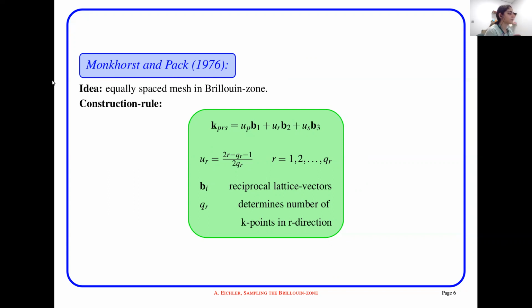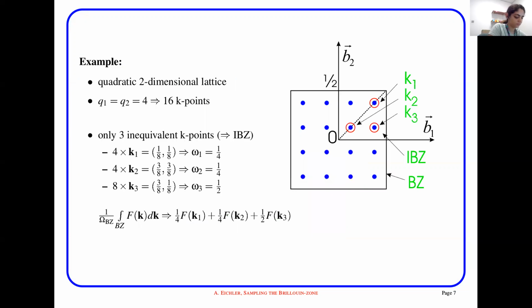for your system. Okay, and this will save your life because you will not need to take your crystalline structure, from there generate the Brillouin zone, and from the Brillouin zone say, okay, now that I have the Brillouin zone, I need to think where it makes sense to have a k-point given the symmetry. No, because this package already does it for you. Okay, how do they do it for you? They take into account the reciprocal lattice vectors of your system, and what you give as an input is the number of k-points that you would like to have in each of the directions. Okay, by direction we mean the direction of the reciprocal lattice vectors, because here we are talking about the Brillouin zone.